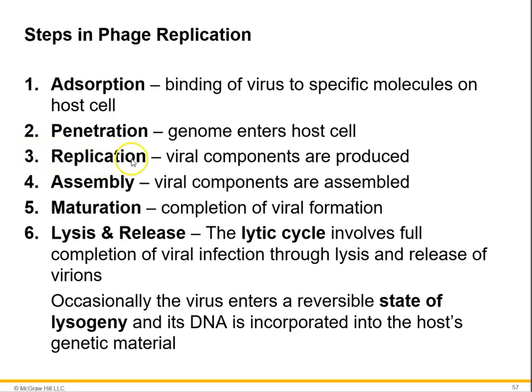You go straight into replication, where the viral components are produced. Then they are assembled. Then here's a new step, they mature. We didn't talk about this when we were talking about animal viruses, but in bacteriophages, there's the maturation step. Next, you have lysis and release, right? So the lytic cycle is where the viruses break out of the cell and kill the cell